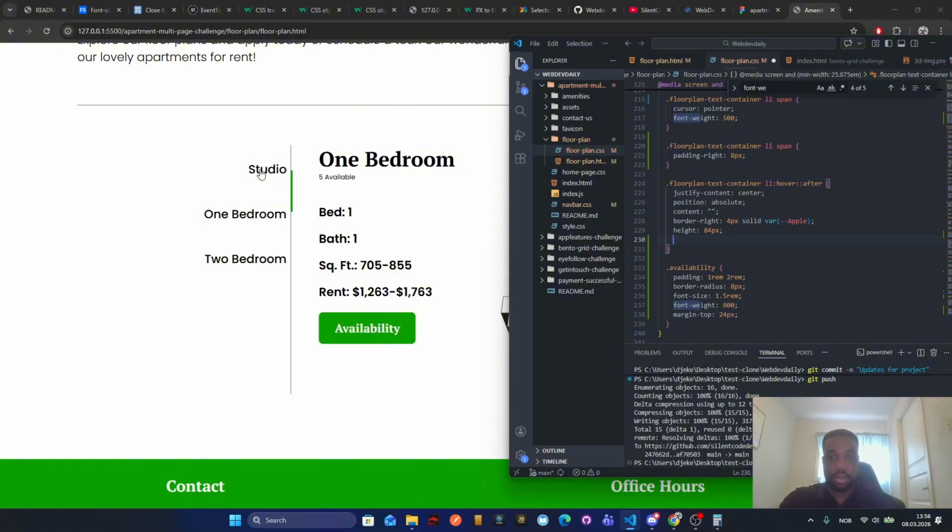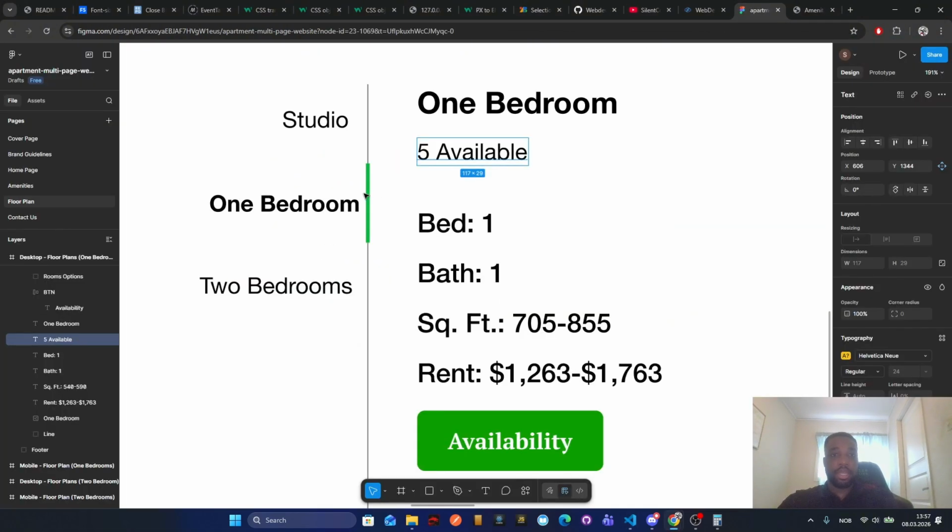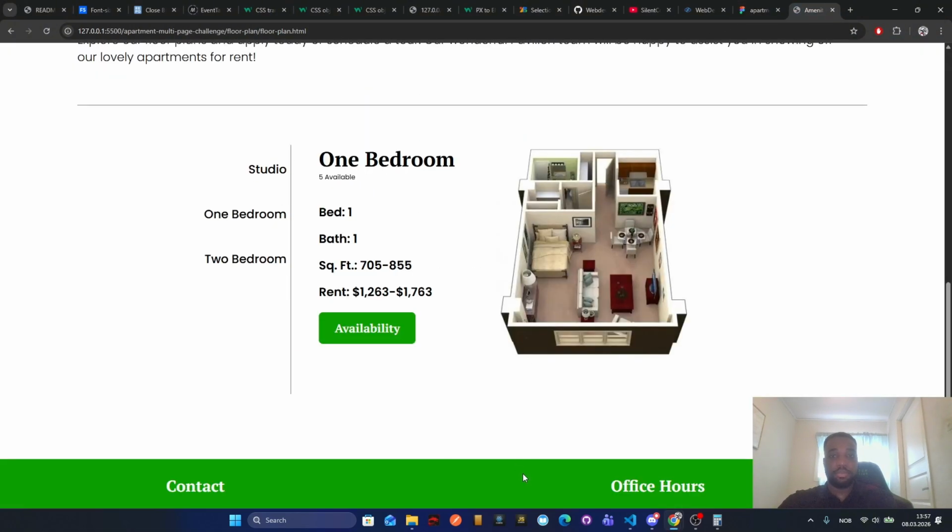Yeah, it needs to go a little bit up. How can I do that, man? How can I make it go a little bit up? I mean, the only thing is the height, right? That I changed that a bit because